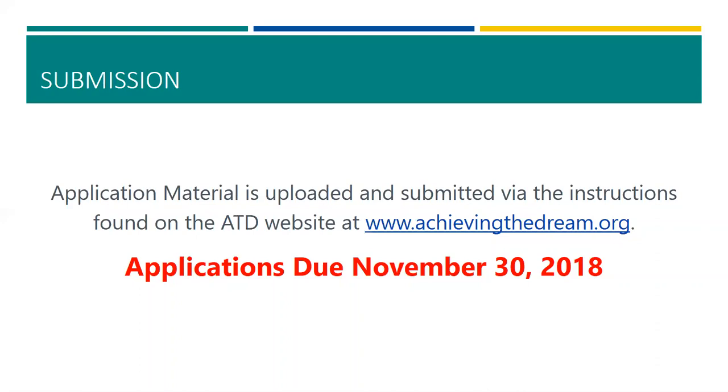When you bring up the application, it has a submission section with a link listed as upload. When you click on that, it'll take you to the link for you to upload your material, which consists of the data template, the worksheet, and the president or chancellor's letter. So there are 3 documents that you will need to upload once all your material is ready to be submitted.